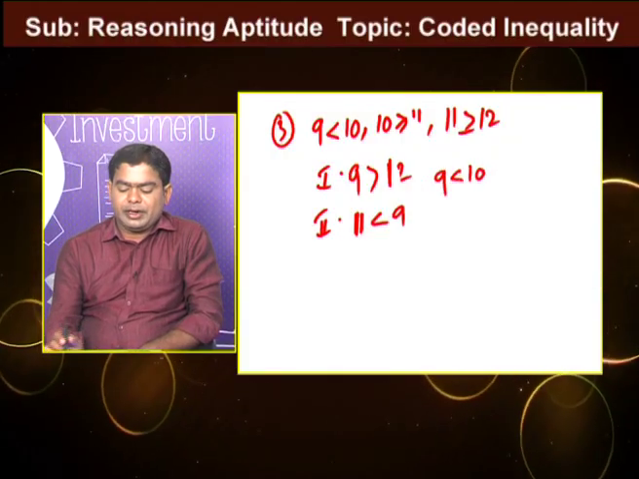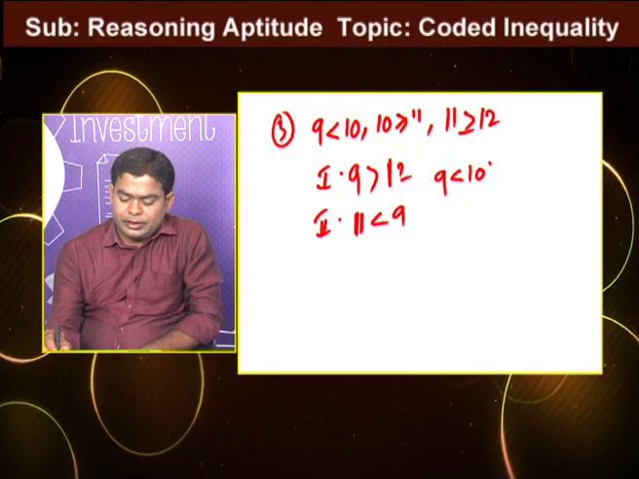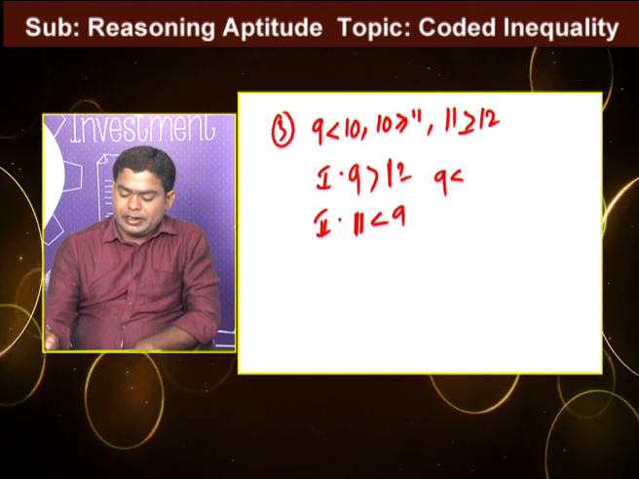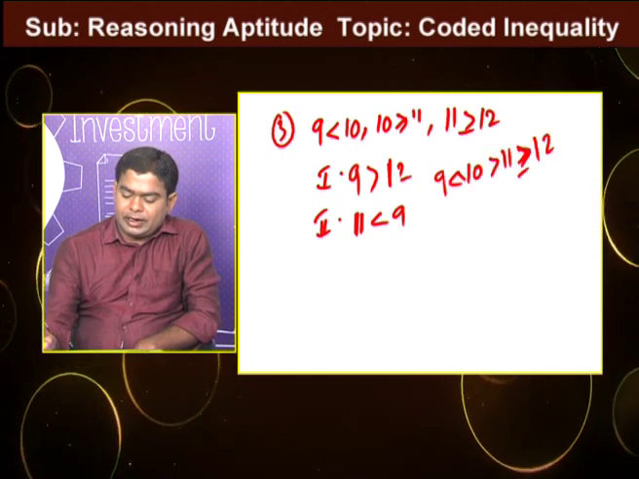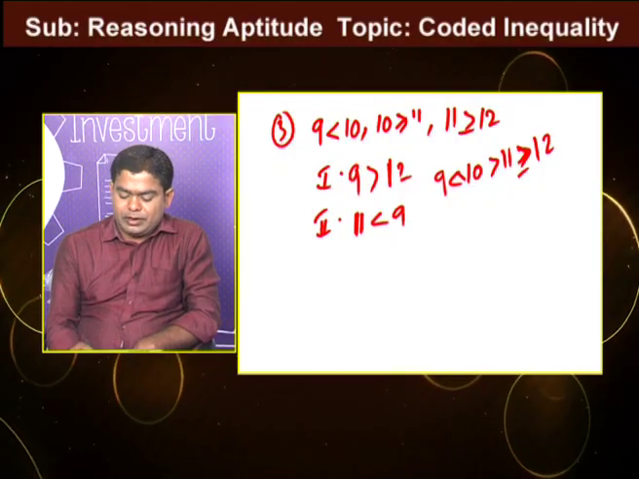First of all, we combine the given statements: 9 to 11, 9 to 10, 10 to 11. In between 10 and 11 greater than is there. 9 less than 10, 10 greater than 11, 11 greater than or equal to 12. So in this combined statement,